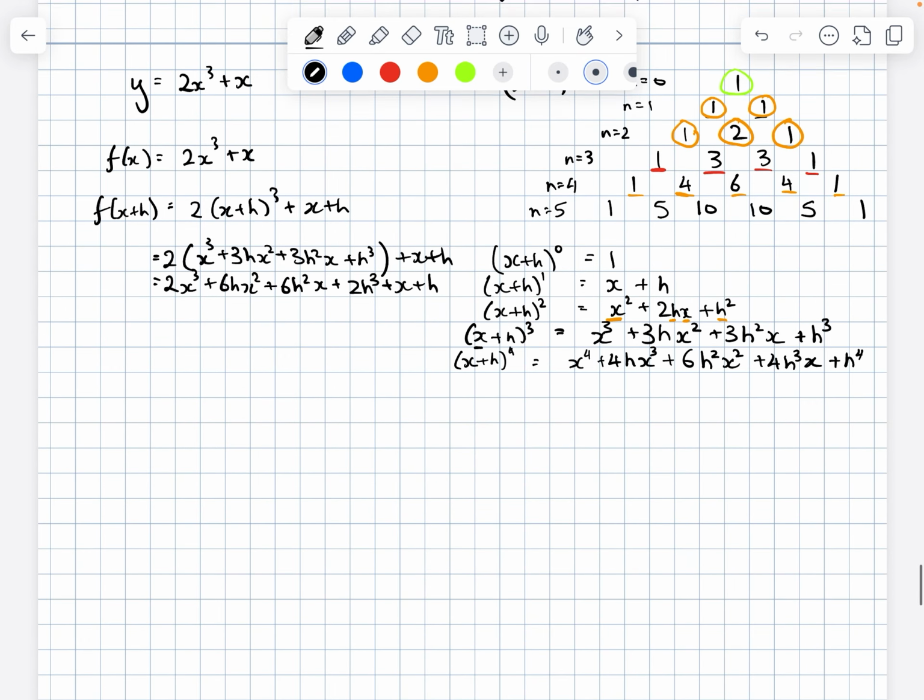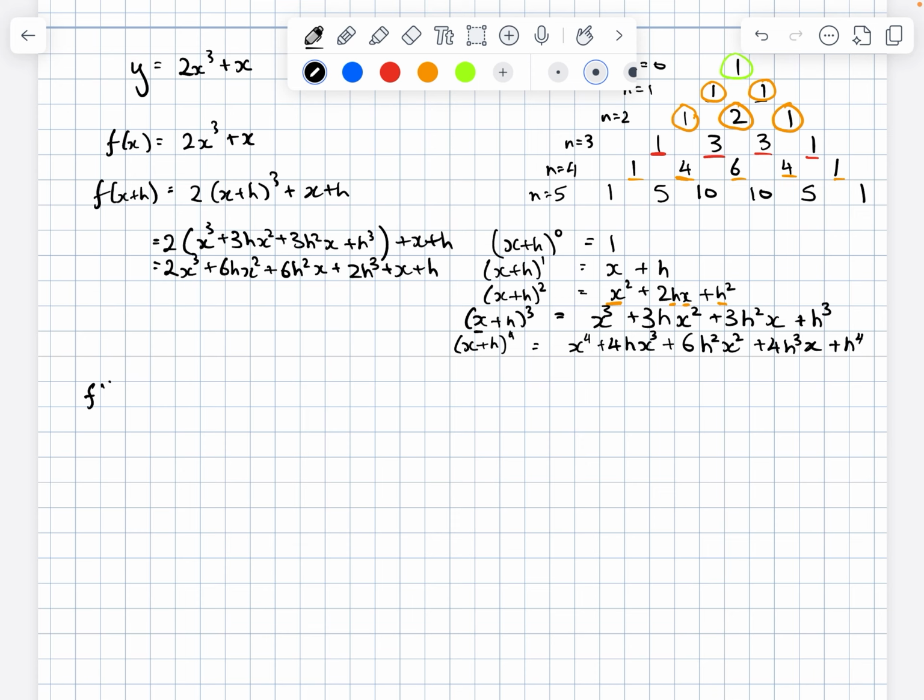Putting that all into the formula from before, we'll get f dash x equals a function of x plus h, so that is 2x cubed plus 6hx squared plus 6h squared x plus 2h cubed plus x plus h minus, in brackets, 2x cubed plus x,